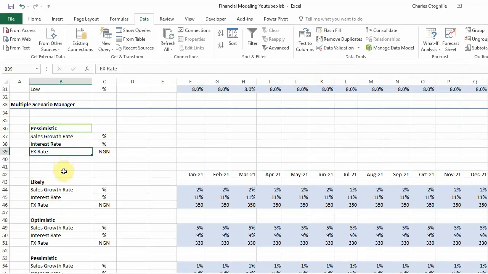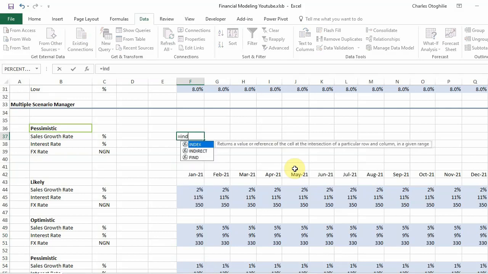The next thing we do is to use our index function to be able to pull out either of these options. And so to do that, I would start with an equal to sign and use the index, and it tells us what it does. But when you bring in the first opening bracket, you see that we have two kinds of implementation: the array implementation and the reference implementation. So we have talked about the array implementation previously. So what we're looking at is the